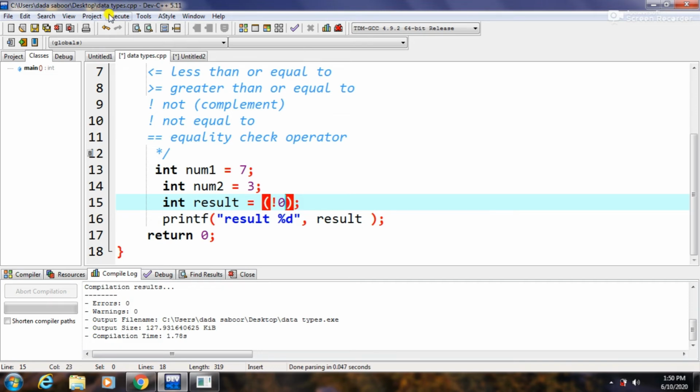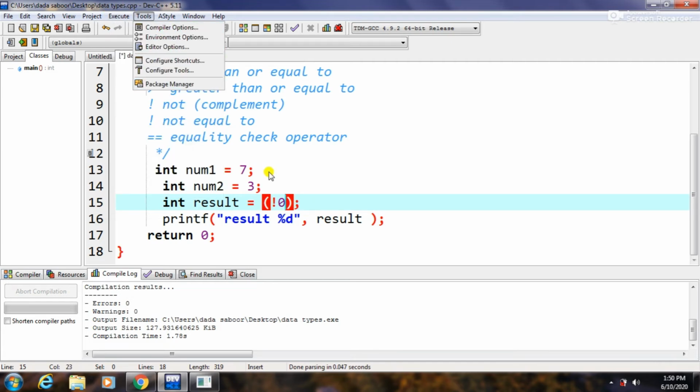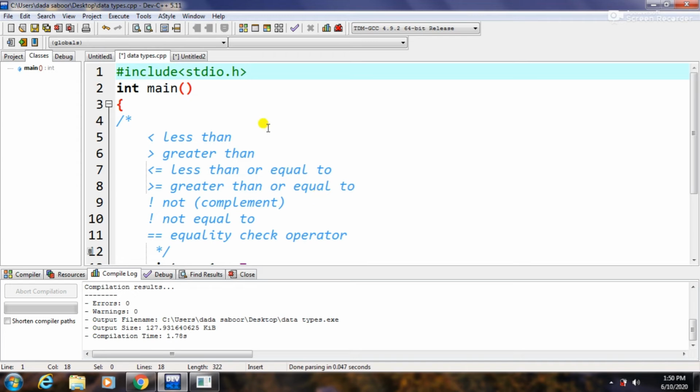Now we can also write int result is equals to not true. If I replace 0 with true, we have to include its header file, because it will not work without its header file. So its header file is #include stdbool.h.